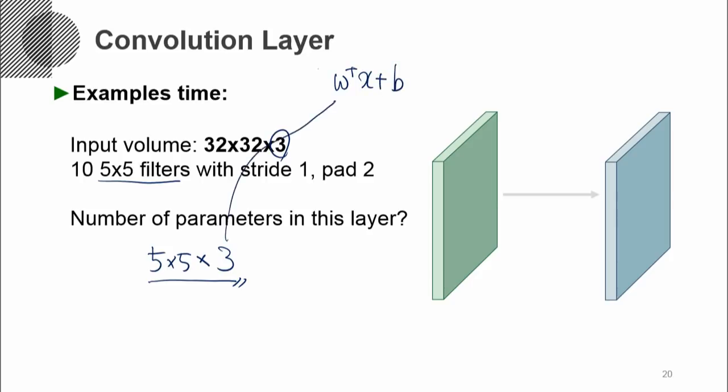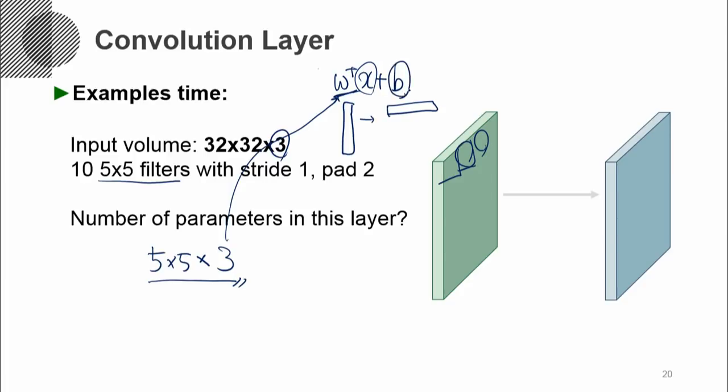The 5 by 5 by 3 is reshaped into one single column vector, and then changed to a row vector, which is represented by this W transpose, and X will be the input pixel values at the different positions where these convolution filters are applied. And then